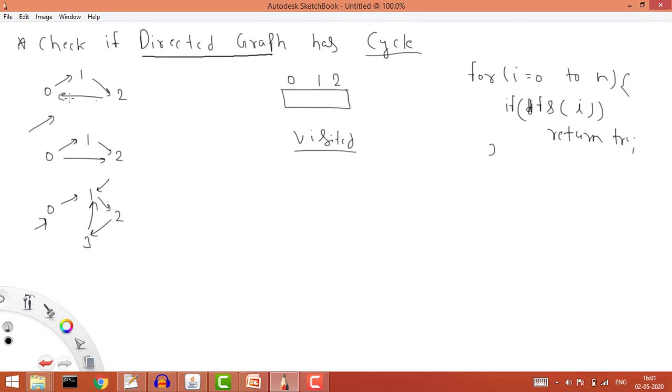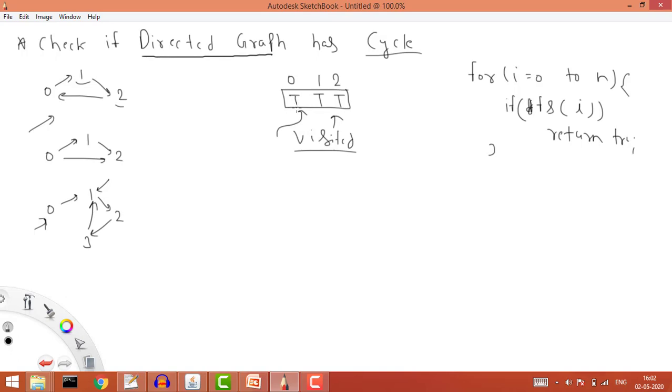So what will happen? We'll start from 0 and I will put the value true here. Now because the neighbor of 0 is 1, I will immediately go there and mark 1 as visited, and then the neighbor of 1 is 2, so again I will mark true here. Now if you see, the neighbor of 2 is 0, and 0 is already visited, because we can check that from here. So can we say that in this case this is a cycle? You can say yes, why not solve using just this visited array? Because if I start from here and again reach here, I can simply check whether its value is true, and then there exists a cycle.